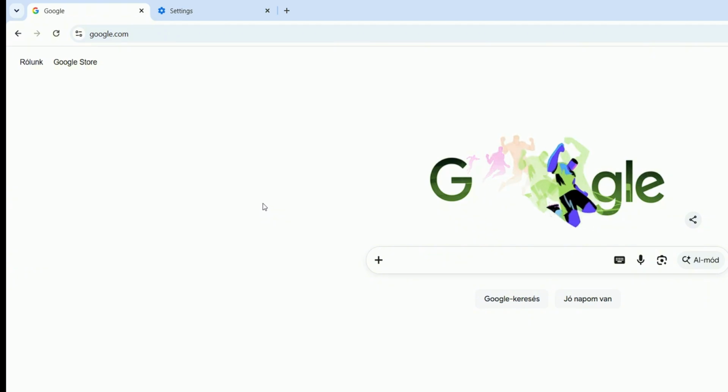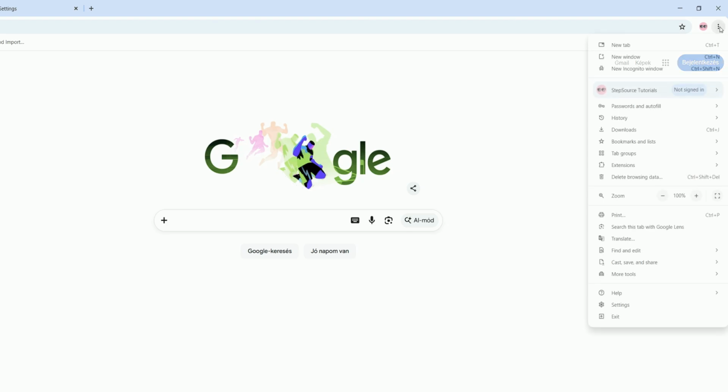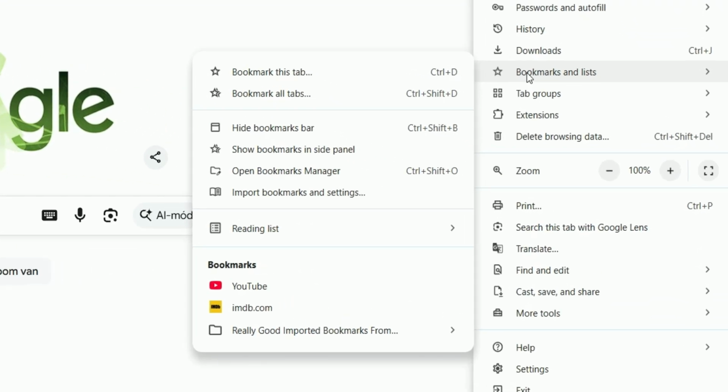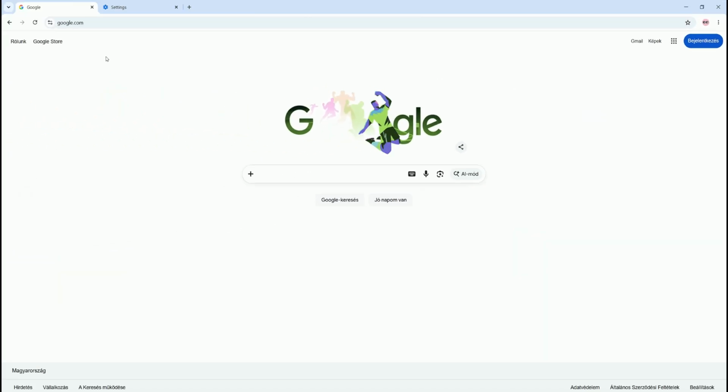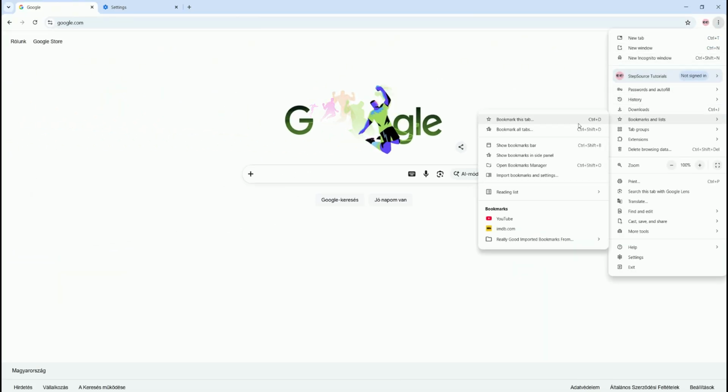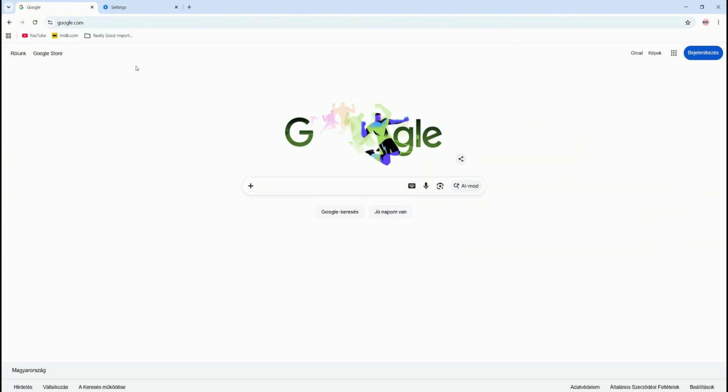There's also a fourth method available directly from Chrome's menu. Click the three-dot menu in the top right corner, then select Bookmarks and Lists. From there, click Show Bookmarks bar to enable it or click it again to hide it. This method is useful if you prefer navigating through menus and want to access the setting without opening Chrome's full